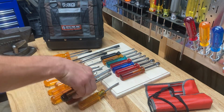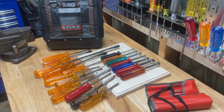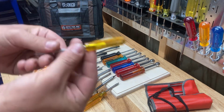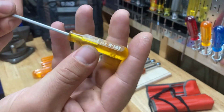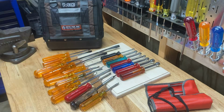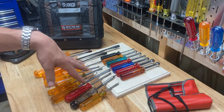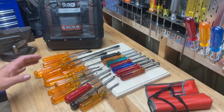You know, there's a few other kinds. I need a stubby. I need a little pocket one. Like, I was really glad to find this the other day. This Exolite one, that's another brand I love. But I want a Vaco one that's like this. I don't have one of those. So I'm still looking. But this is a fun tool to collect, these old Vaco screwdrivers, because, like I said,